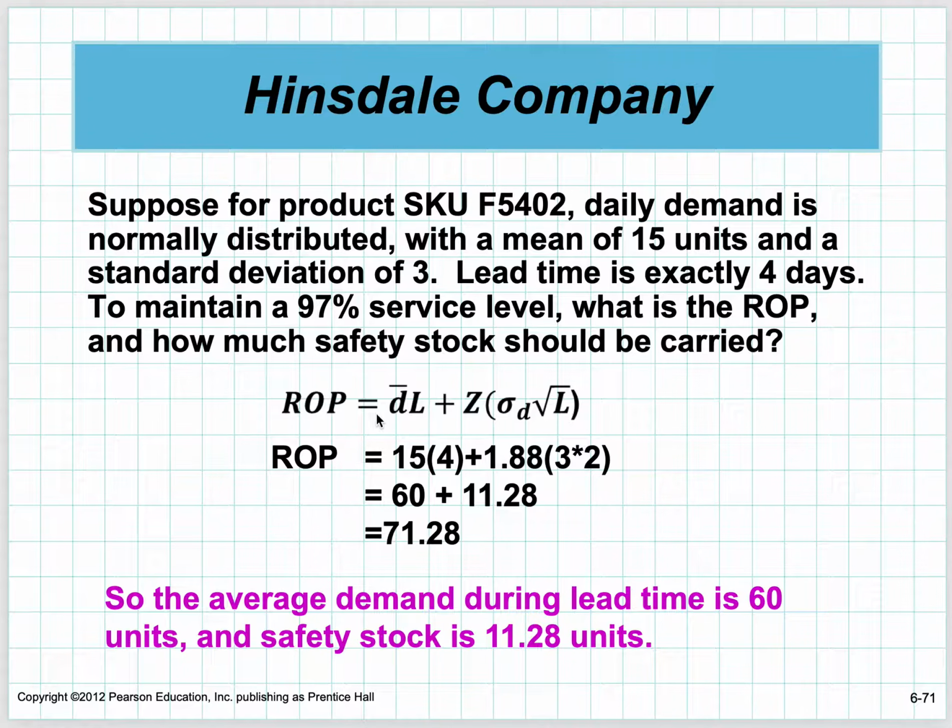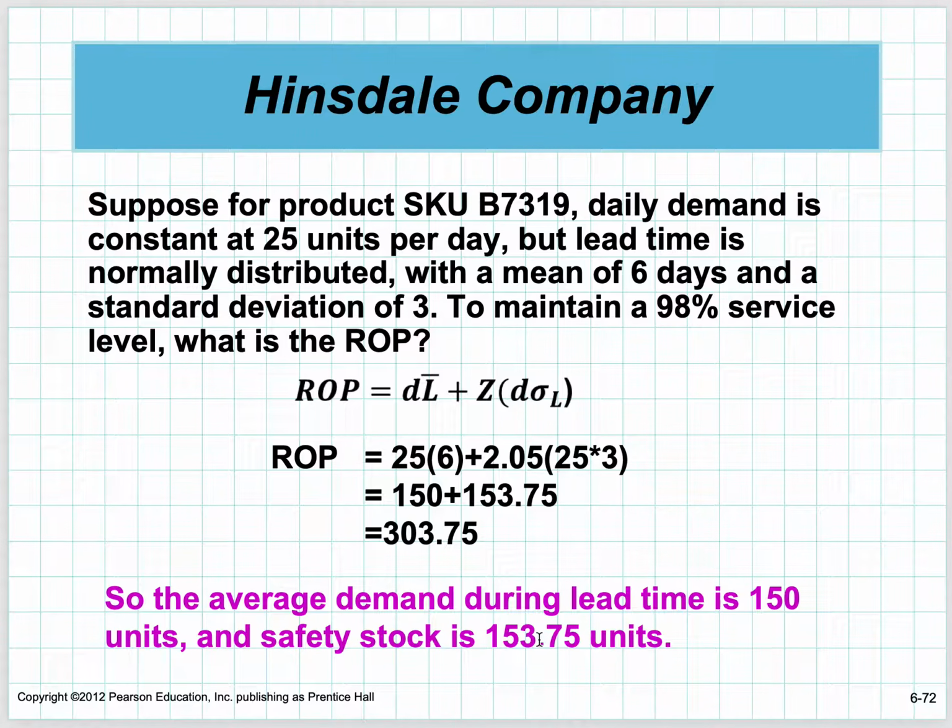Well, ROP is, you use that formula where the daily demand is variable and the lead time is constant. So you put all the numbers in there, and notice they use 4, so the square root of 4 is very nice. And you get 71.28. So the average demand during the lead time is 60. So the additional safety stock you're carrying is like 12 units. You probably want to round those up because you can't carry